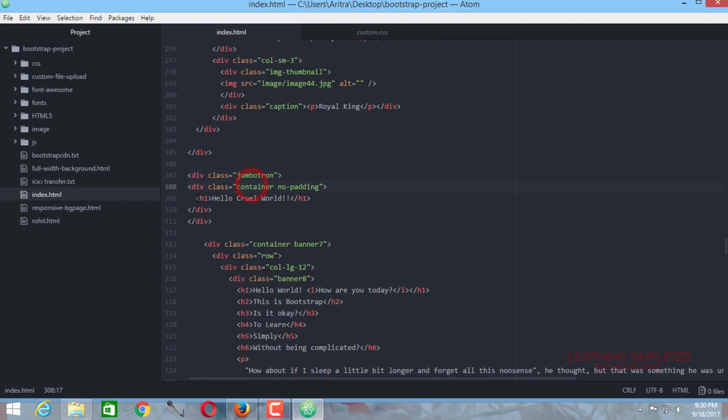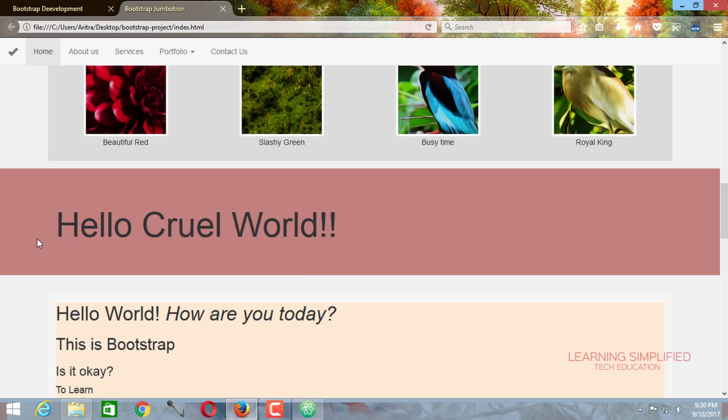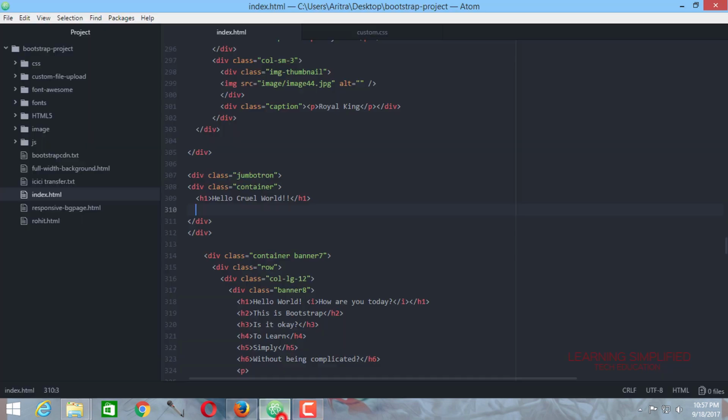We have placed the rest of the contents inside this div class container. And if you wish to continue this no padding selector name with your container, you may continue, or you may remove it, and you can see that the 15 px padding properties are back. All we want here is a subscribe button to appear, and then a paragraph to appear for the time being, and this is what we intend to do in our next part. So let's move on.